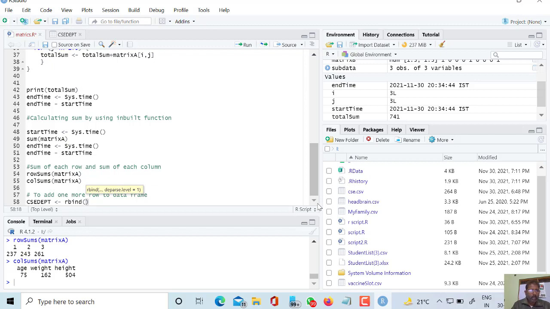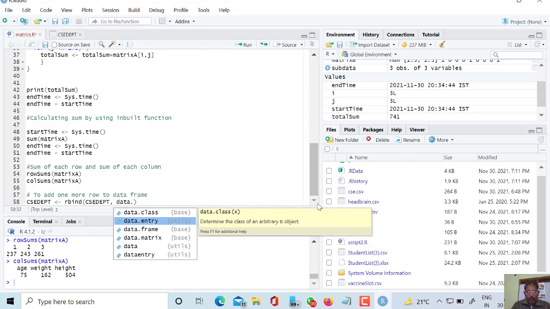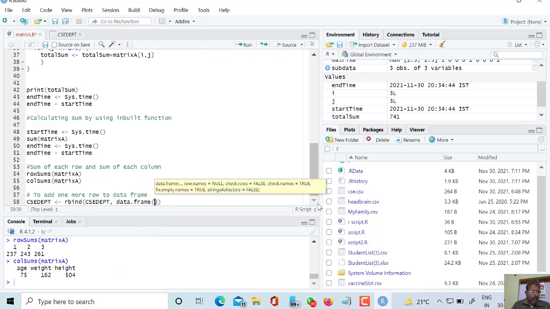And what is the name of my data frame? CSE in capital, CSE department. This is the name of my data frame, and the new data which I want to add should be converted into a data frame also. So data dot frame I have to declare it, and let us check what are the values.